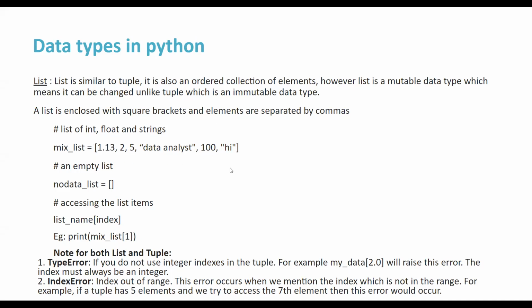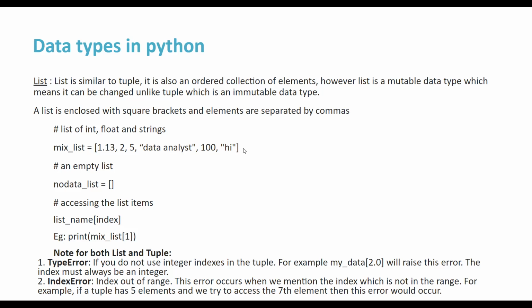What is a list? A list is a set of values enclosed in square brackets, separated by commas. Okay. So a list, as we have seen, is nothing but a set of values. So what values can a list contain? A list can contain values of similar data type, or values of different data types, or a list can contain nested lists.